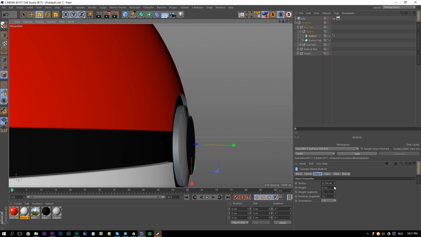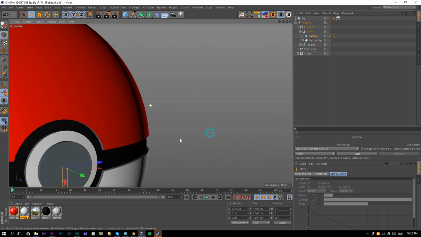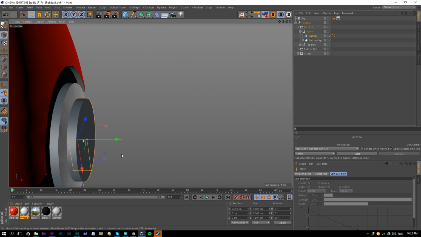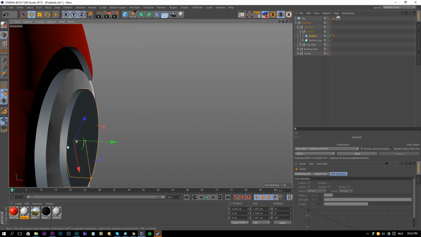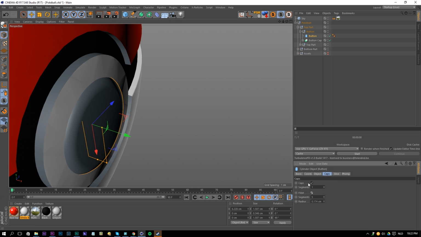Now we have our bump map here. Actually, we can just drag this in here. Okay, I'm going to make it smaller like so, and drag it in. And there we go. And then for the button, I will also add a cap, fillet cap. And radius can be like 0.1, okay?